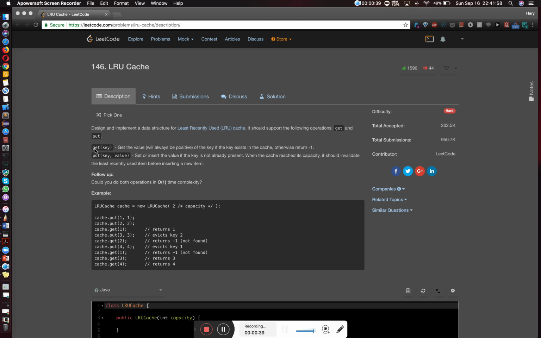Now, in order to achieve the get functionality in O of 1, we might have to use a hash map. And in order to achieve the put functionality in O of 1, we might design a data structure in such a way that we use a linked list. But in order to also ensure that we invalidate the least recently used item before adding a new item, we